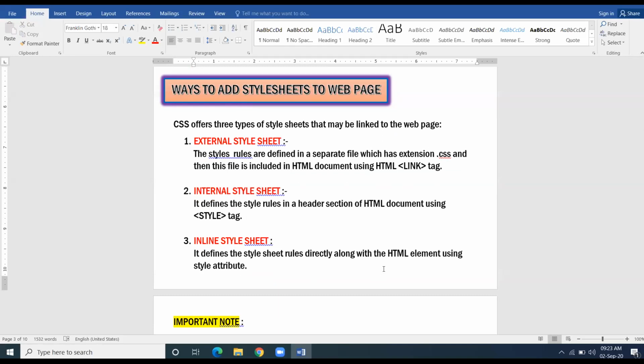We will be restricting ourselves to the same web page, but we will take style attribute in order to create inline style. When we will be doing internal style, we will be taking style tag, and this tag will be enclosed inside head tag.